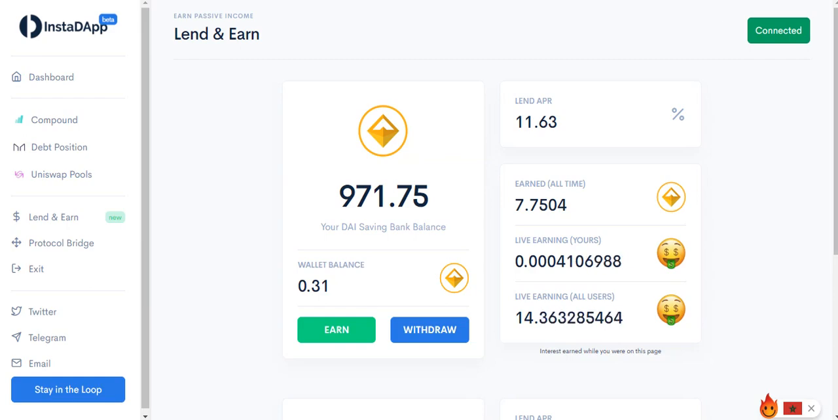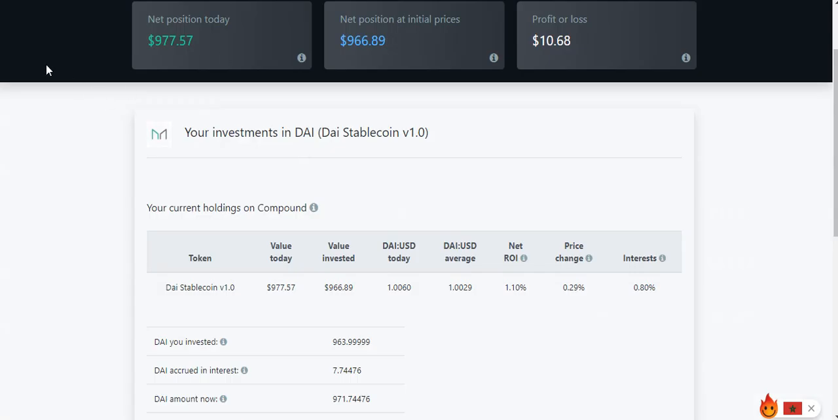If we head over to compound.ROI.hero KUAPP.com, you're able to actually look at the net position today. What it's showing us is a breakdown of the portfolio of the DAI savings account. It shows the net position today, which is $977.57. The net position at the initial price was